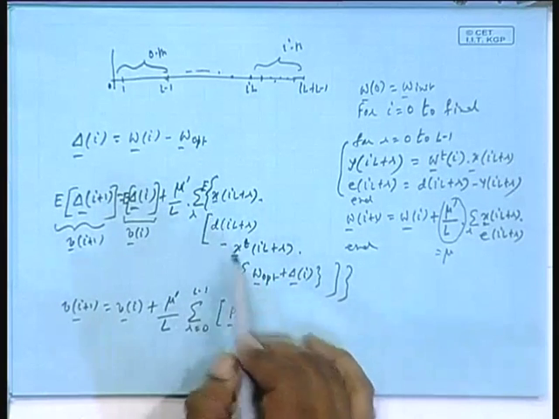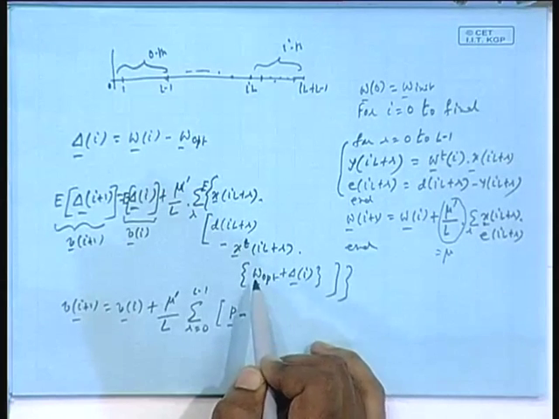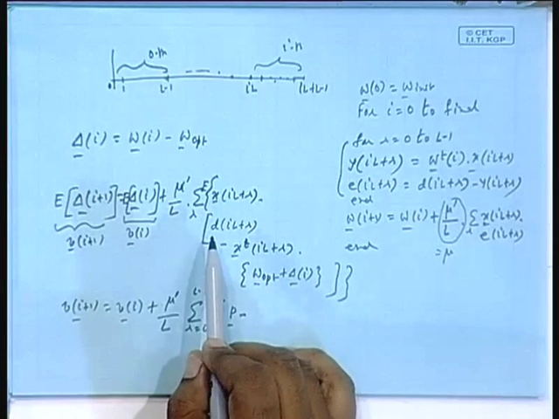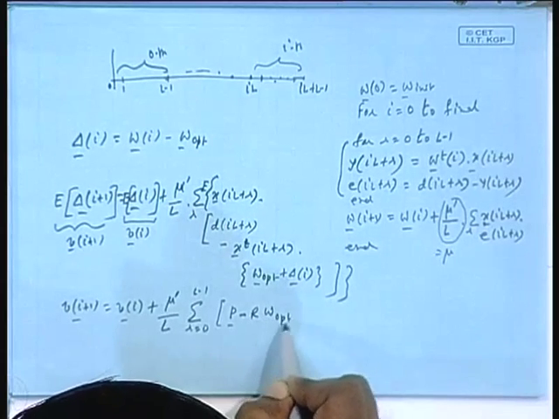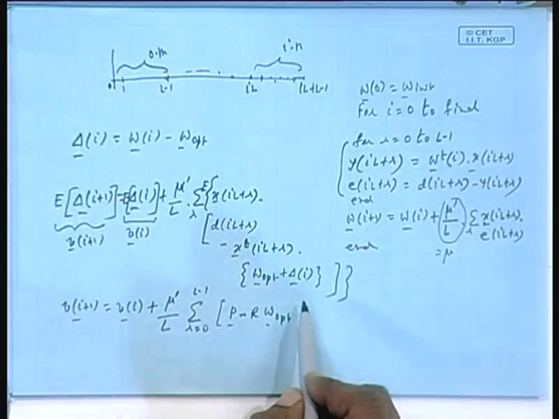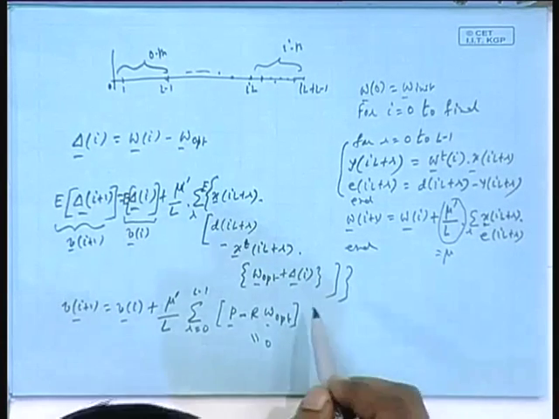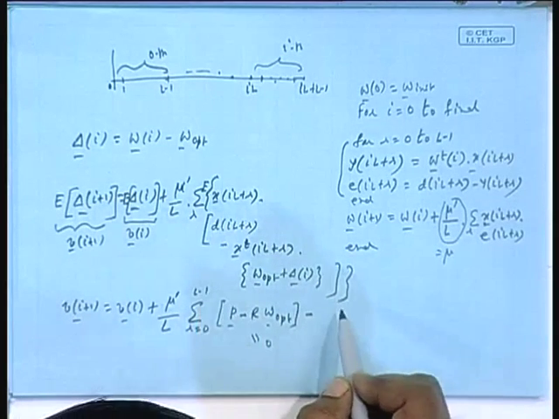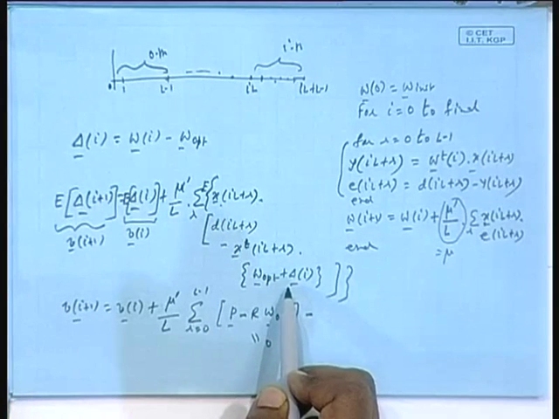okay, and then X transpose and W opt. W opt is a constant. So, if you take that out, X transpose, expected value of that is R irrespective of the index. So, R as before, R W opt, and you understand this term will cancel, because what is W opt? R inverse P. So, this will cancel, this will become equal to 0. So, this is one term, this becomes equal to 0, but there is one more term minus E data vector times its transpose times delta, and here I will be using that independence assumption